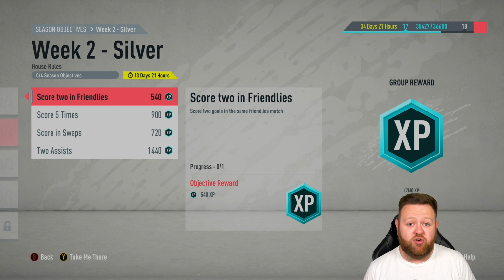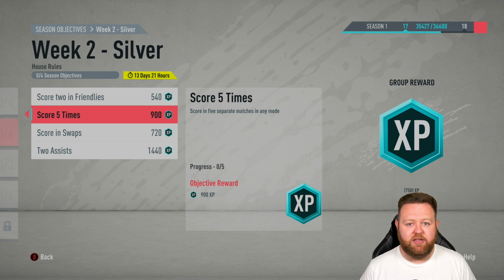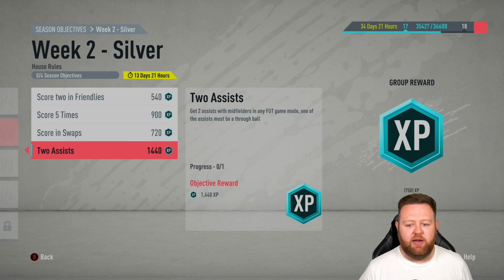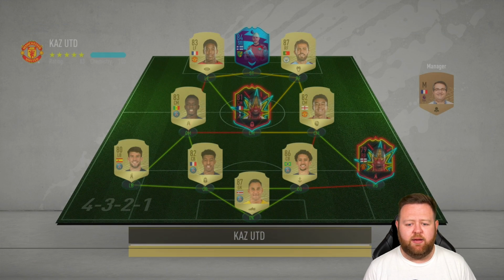I think just somehow managing to defend against your players was the main reason why we came away with the victory there. So we got week 1 bronze done, got some XP for that. So we're more than halfway through level 17 now. It opens up silver, and I'm pretty sure in order to get these done, I'm going to just play a